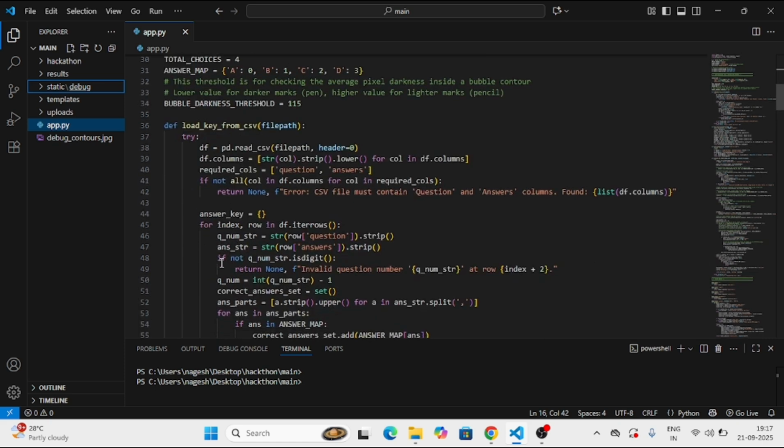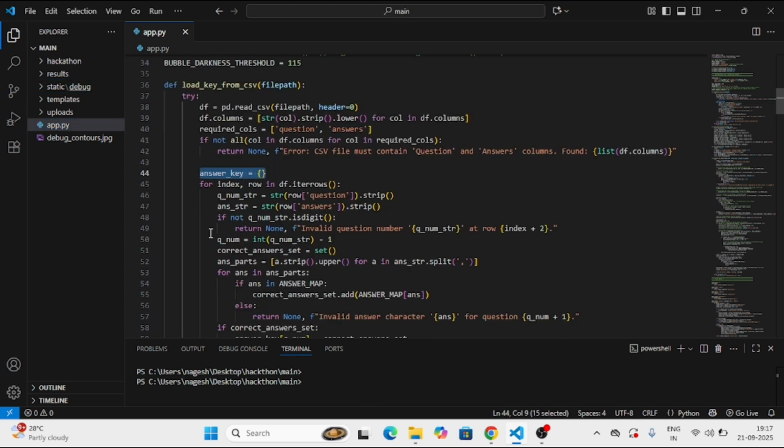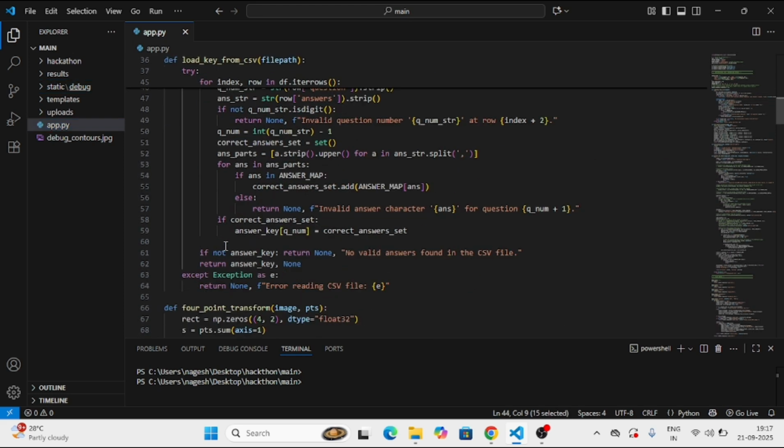This function loads the CSV file which has the key for every OMR sheet, basically the correct answers, and assigns it into a dictionary. You can see here is the answer key dictionary, and after that we are going to be comparing to that